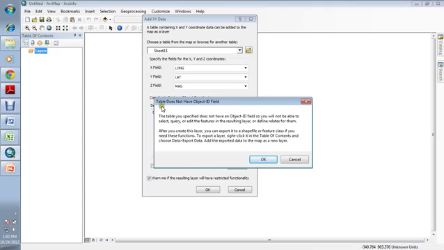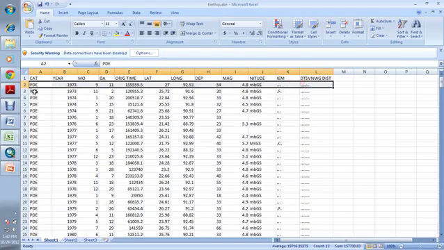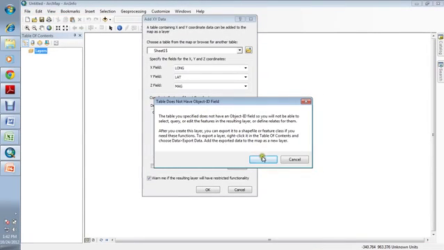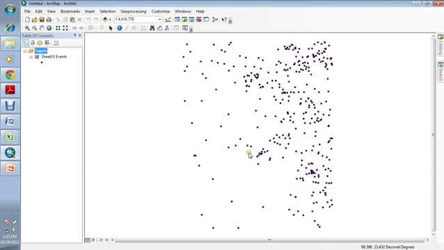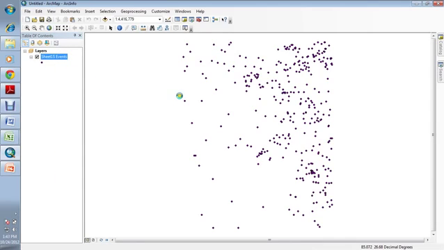You are warned that this table doesn't have any object ID. Definitely, our table does not have any object ID, so ArcGIS will automatically put an object ID for each individual data, for example 1, 2, 3, 4, and so on. That's the thing we are warned about. Okay, so we have got our Excel data, these are the earthquake data here, in decimal degree format. I cannot open the attribute table here because it lacks